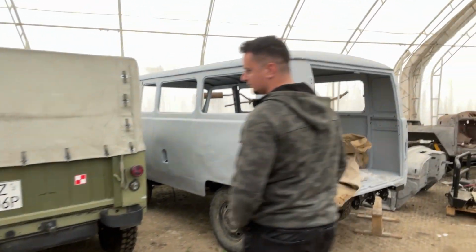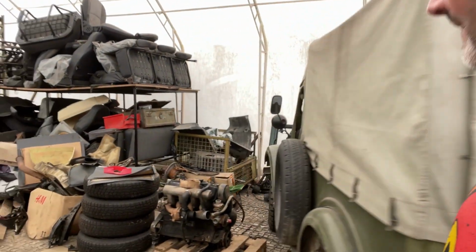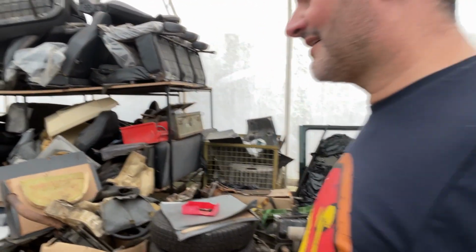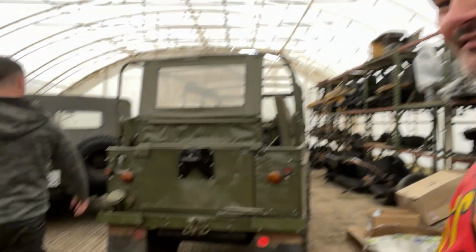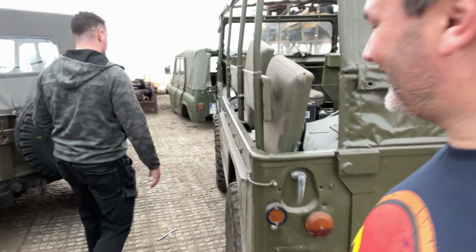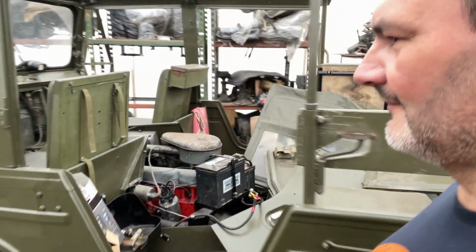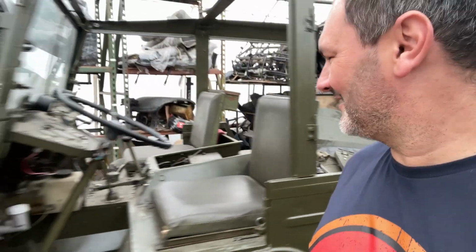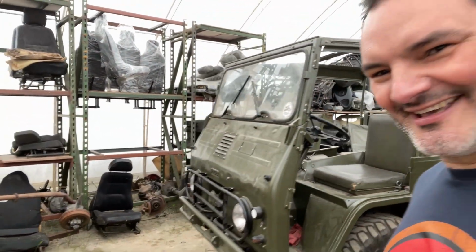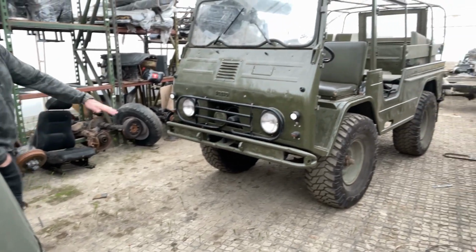Okay, now. Buchanka and another GAZ, right? The 69. Oh, and a Volvo. That's a Volvo Laplander, right? It's not a Laplander. It's similar to it? It's smaller, but look at the...